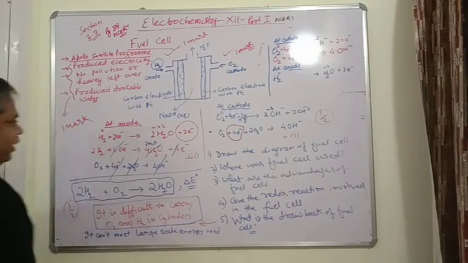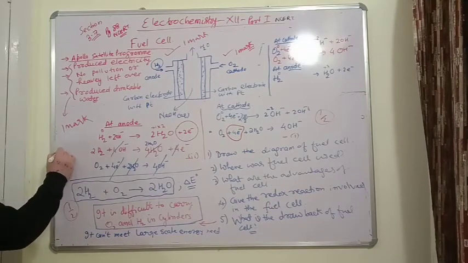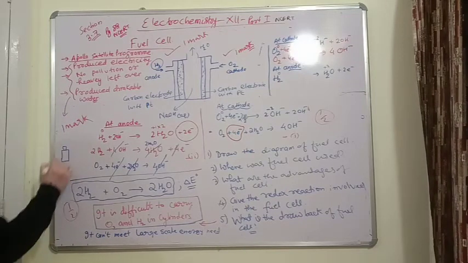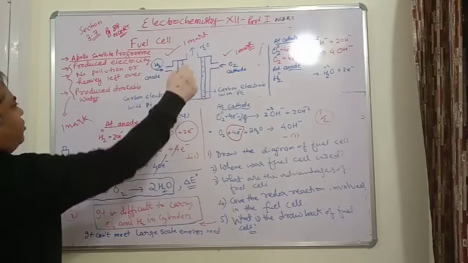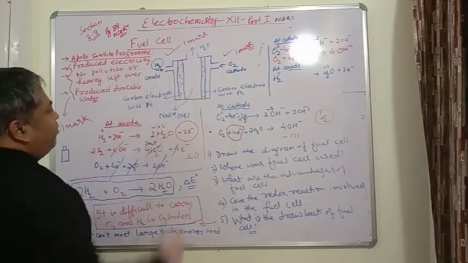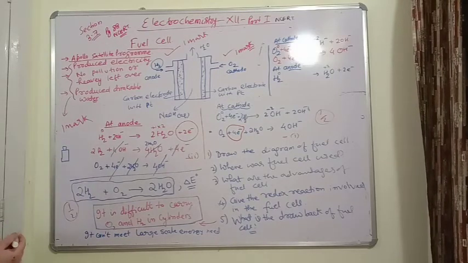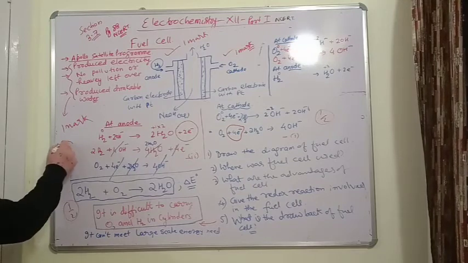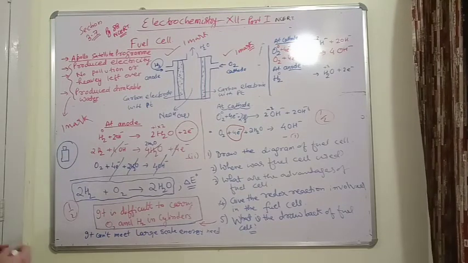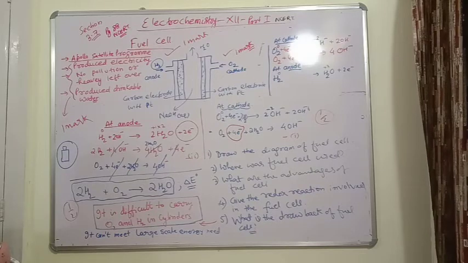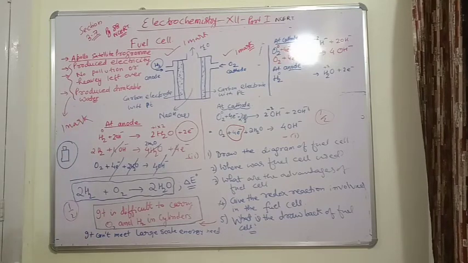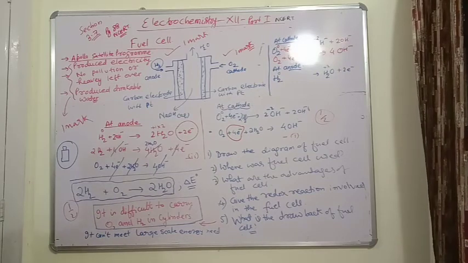Now say if you require to get energy, what would you prefer? Would you not prefer to get one Leclanché cell or dry cell instead of getting one hydrogen cylinder, one oxygen cylinder, and then making this arrangement, forcing them to enter inside at a particular pressure to do the reaction, all that hassle? Who would prefer to do all that hassle? So using a button cell, mercury cell, or a dry cell, this would be much easier. Solar cell, these all are easier options as compared to fuel cell. So fuel cell is not portable. It is difficult to carry hydrogen and oxygen cylinders anywhere we go.